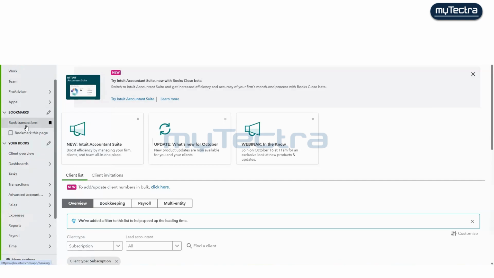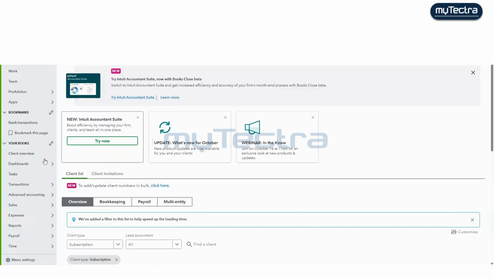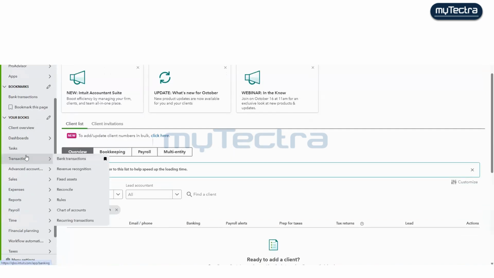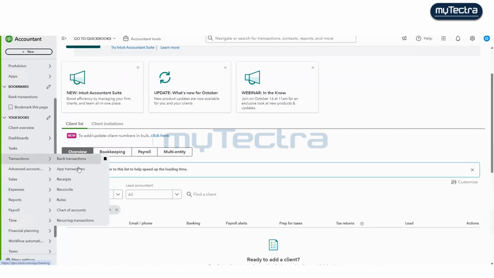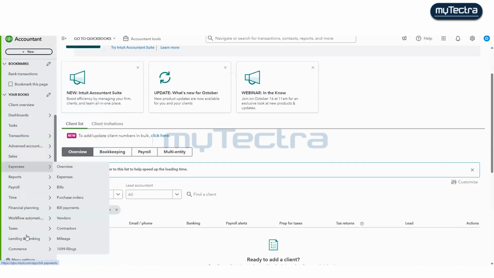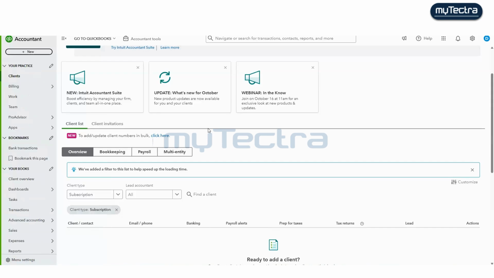Similarly, bank transactions: the dashboard, the transactions, bank transactions, app transactions, receipts, reconciliation, rules, and chartered accountant. So one by one we will cover these. All are features. So this is the interface.